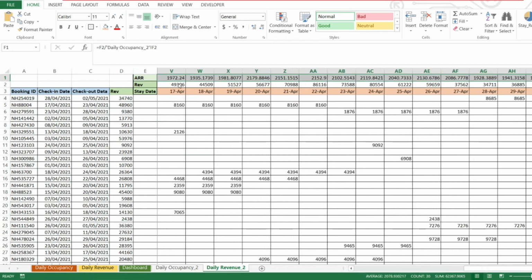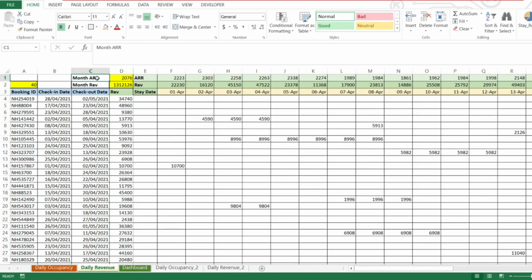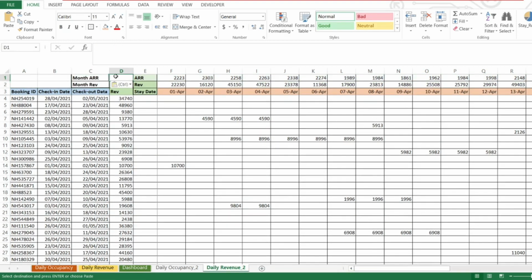As you can see, we have got the daily ARR also. Again, this is not the actual data. This is just sample data. So the ARR might not seem reasonable, just because we are using sample data, which has randomly been generated in Excel using the RANDBETWEEN function.